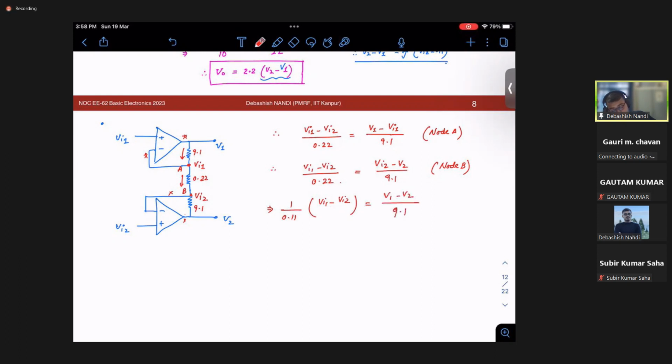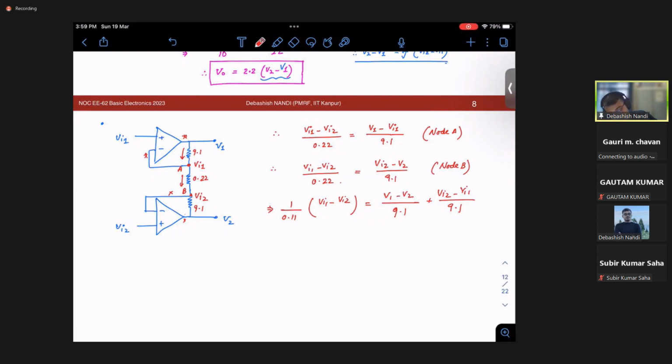Just cross check with me whether I am making any calculation error, just point it out. Okay, so this is V1 minus V2 by 9.1 and this is this minus this, so this will be